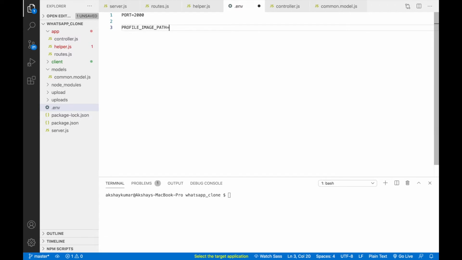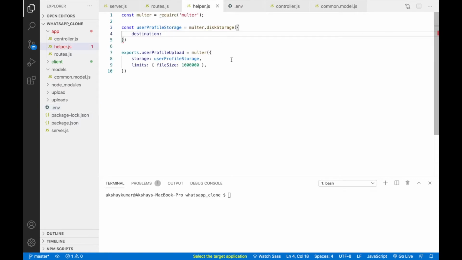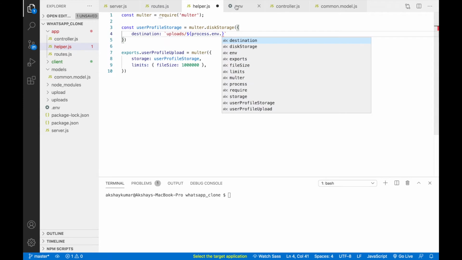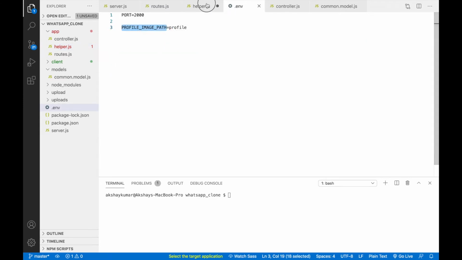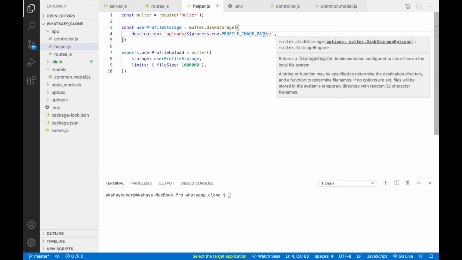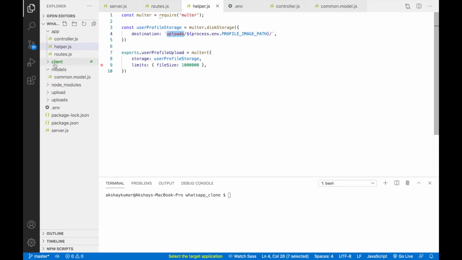So this will be profile. Now inside helper, in destination, we can write uploads slash, process.env.PROFILE_IMAGE_PATH, right? And one forward slash. This means whenever we are uploading any profile image, it will go into the uploads folder.